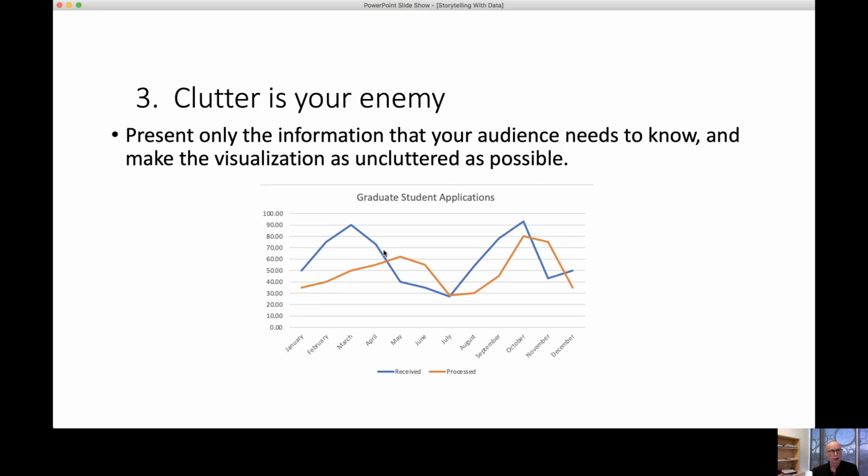The third lesson is about clutter being your enemy. You want to make sure that your audience's attention doesn't get distracted by unnecessary elements in a visualization. So present only the information that your audience needs to know and make the visualization as uncluttered as possible. So here's an example of a cluttered